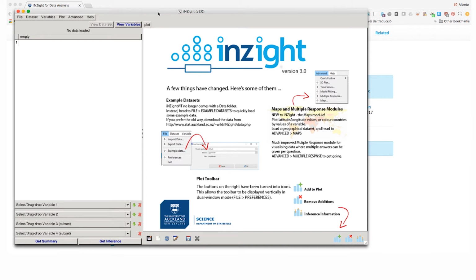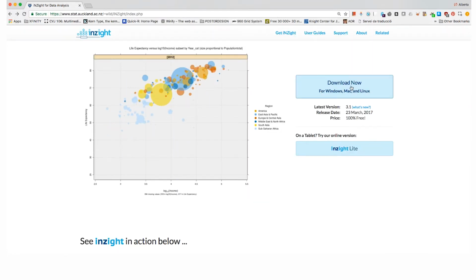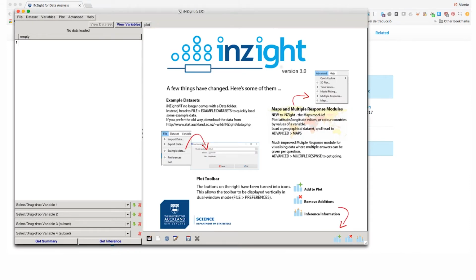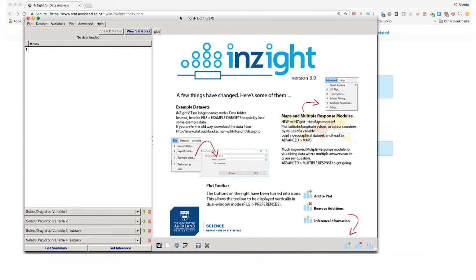If you want to install it on your computer, just go ahead and download it from here and then test whether it works. So far, what I have heard is that it works really well on Windows computers. It's a little bit more difficult to install on a Mac computer. When I installed it on a Mac, for instance, there was some sort of conflict between Insight and the current version of the R programming language, which may cause some trouble. So if you install it on your computer and it doesn't work, go to the About section or the Help section of the website and contact the developers, because they will send you a little script that you can add into R that will make Insight work on your computer.